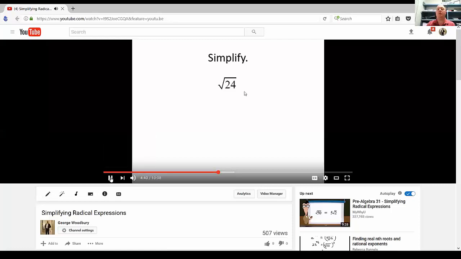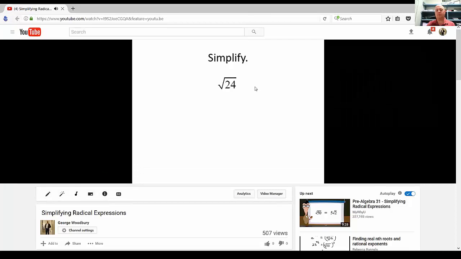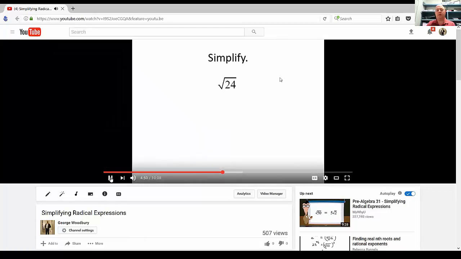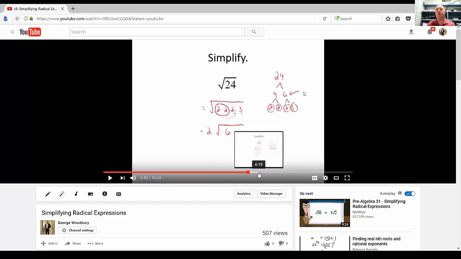Then we moved on. 5 is 5 numbers. So this answer is close to 5, but it's not exactly 5. When we're taking a root of a number that we don't know the exact square root of, the first thing we want... So I walked them through a strategy for how to simplify the square root of 24, and then we move on to